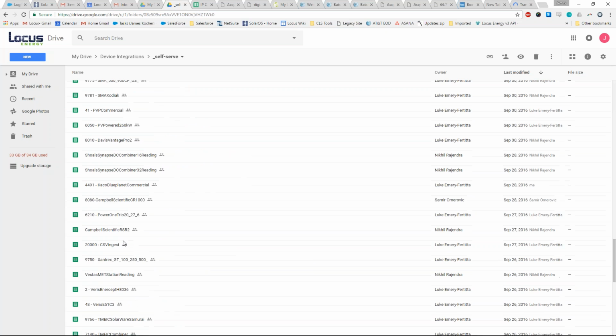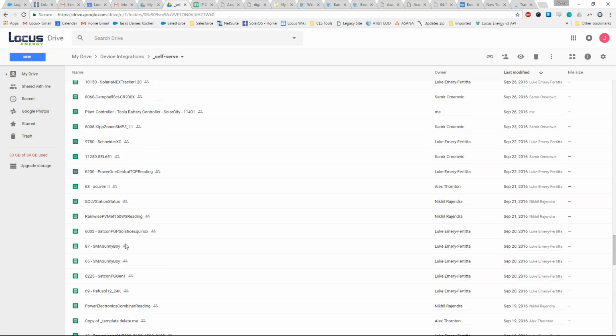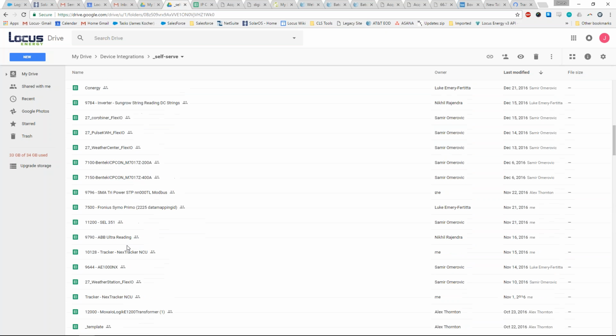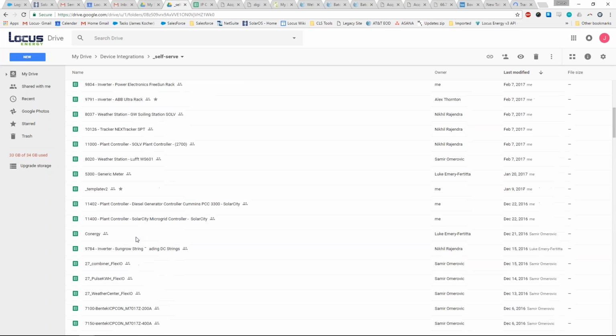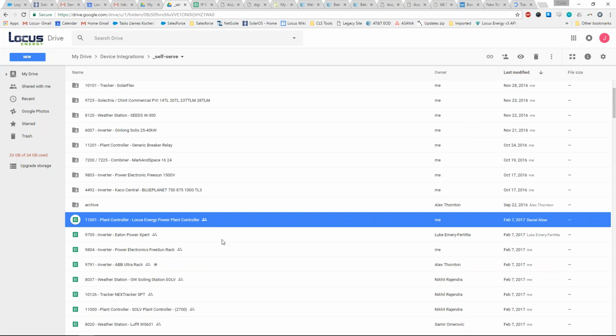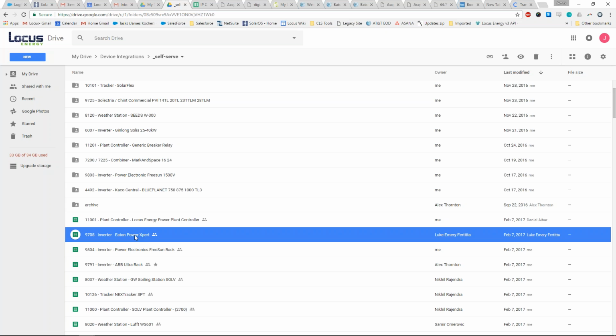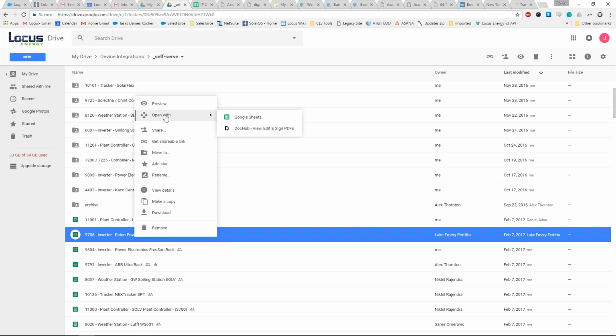All of these are the device integration spreadsheets that were merged over, I think, by Luke, Samir, and Nikhil to the new listener. I don't know all the details, but basically there's a new listener out there, and by moving over to that one, it allowed us to have this make your own integration. I think we could probably take a couple of these as good examples, and I'll show you what the